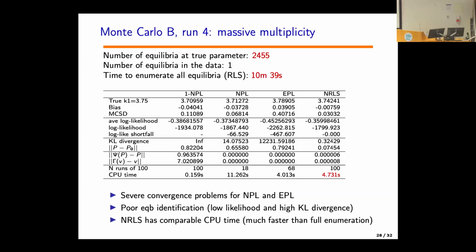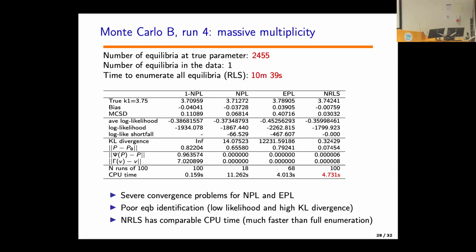But you don't even need to do that to implement the maximum likelihood estimator, just because of what Fedor told you, right? We don't need to explore all these different, very unlikely equilibria because they're going to be knocked out by the bounding functions, potentially extended with this non-parametric likelihood. So the data just knocks out a lot of equilibria that are not very likely. If you look at the computer time, where just solving the model takes 10 minutes, NRLS does it in 4.7 seconds.